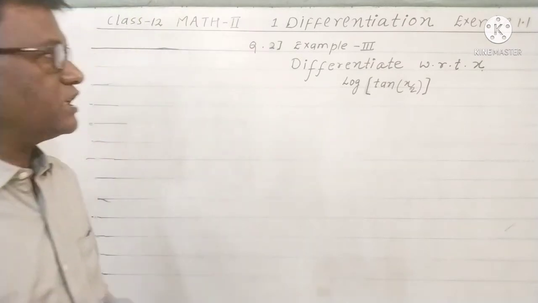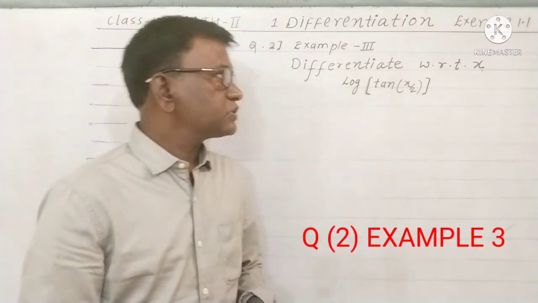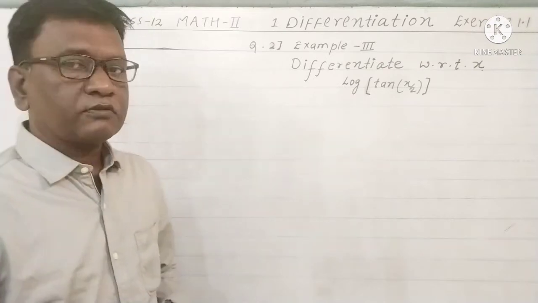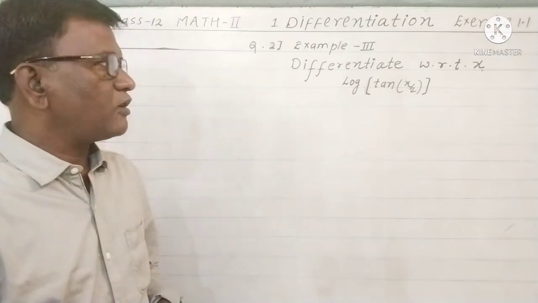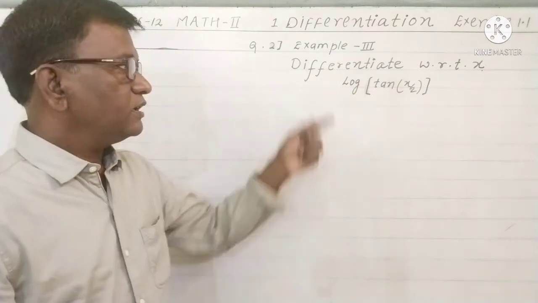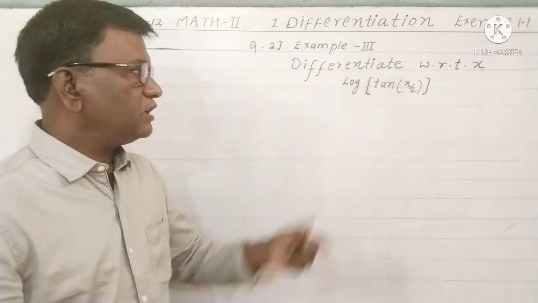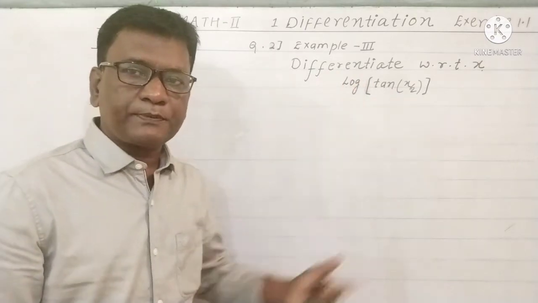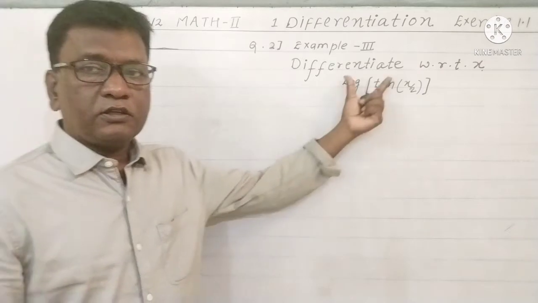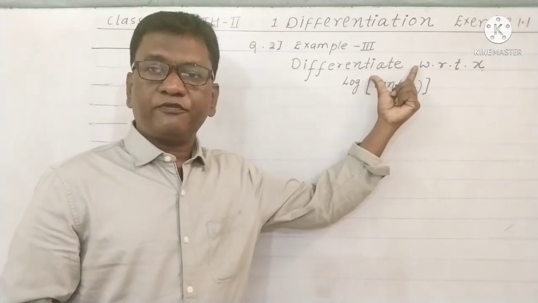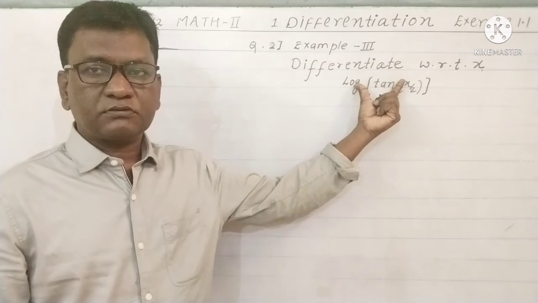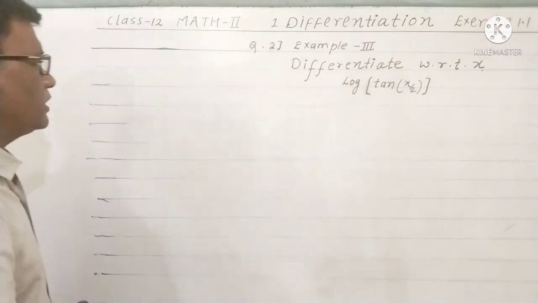Let us see the first example, derivatives of composite function. To find the derivative of log of tan x by 2. It is a derivative of a composite function, and in this video we shall see how to solve this type of example. To solve such examples, you have to know some formulas related to them. Which formulas do we need to know?